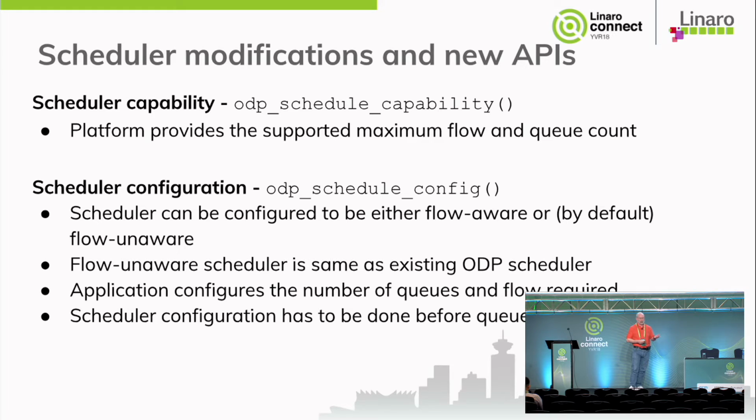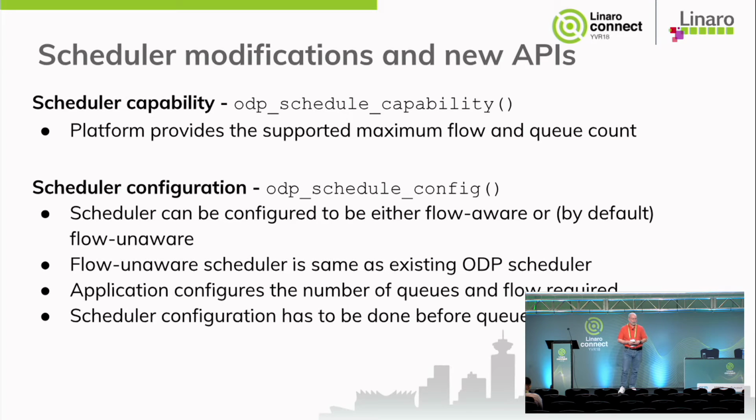Flow unaware scheduler is basically the same as the existing ODP scheduler. The application configures the number of queues and the flows required. This follows a model that we've adopted over the last few years: the capabilities say what the limits of the implementation are, and then the configuration may say, I only need X, you may do Y, but I only need X, which is lower, and that may provide opportunities for the implementation to be a little more efficient. So I can do 1 million flows, you only need 10,000, oh, well, maybe I can do something